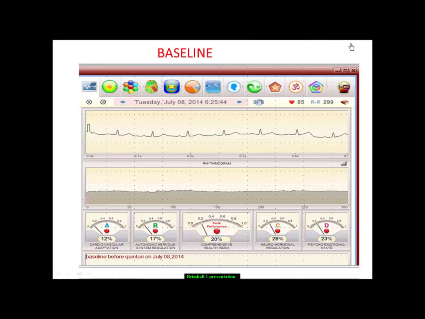This is a baseline. When you do your EKG, this is the first screen that's going to show up for you. And really what we want to look at is these numbers down here. And what do these numbers mean? Well, this is a baseline, and I'll just explain this. This is cardiovascular adaptation. And that has to do with, we have 60,000 miles of blood vessels. We have to get the blood to the organs and systems, and especially the brain, so when we stand up, we don't faint. And that's controlled